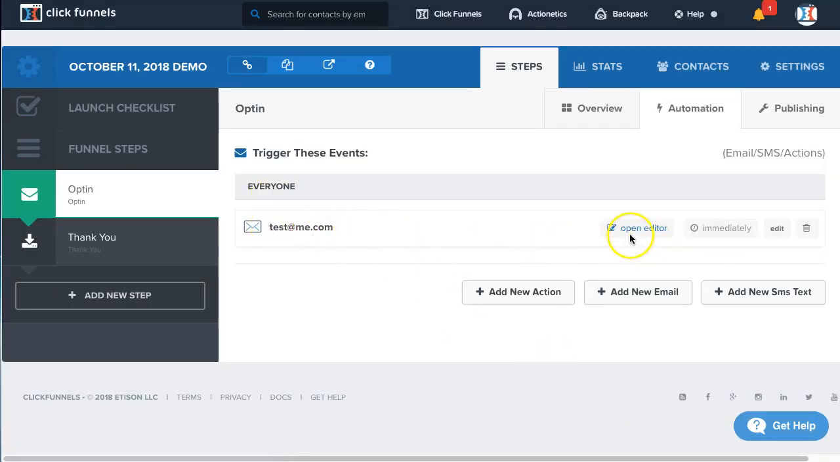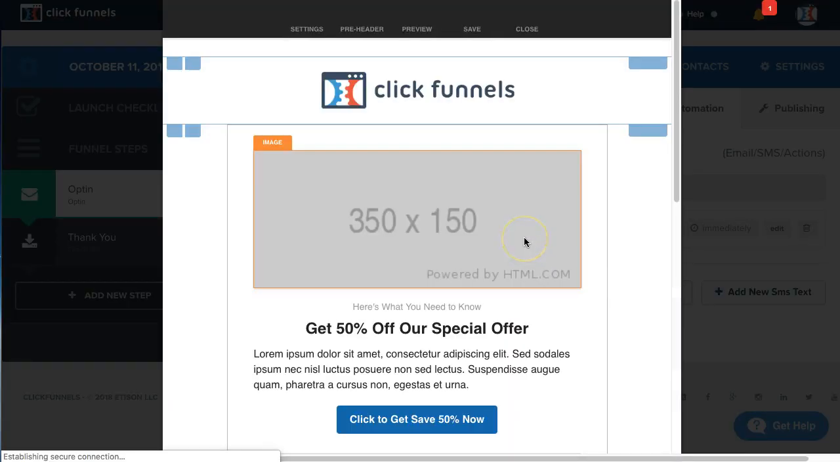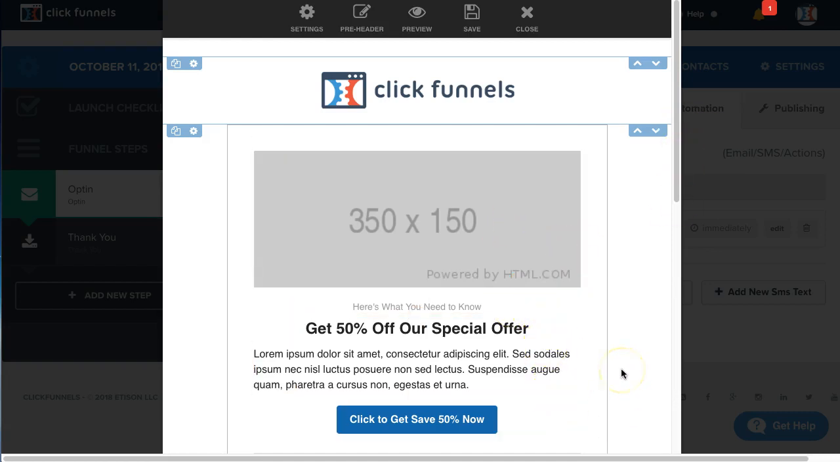We have a test email. This is the editor for the email. Now, it's important to understand that this email editor is only available to you if you have Actionetics. Okay, so this gives you access to the editor. If you are using just the ClickFunnels plan, what you will see here instead of this particular drag and drop editor, very similar to our page builder inside of the ClickFunnels account,